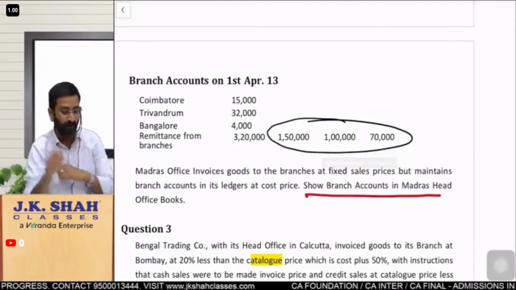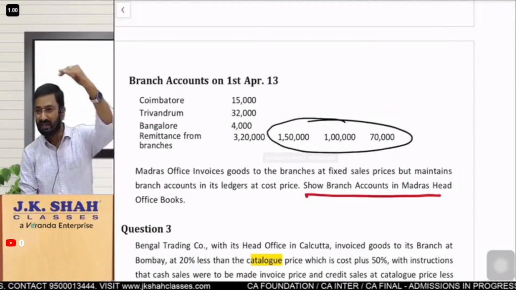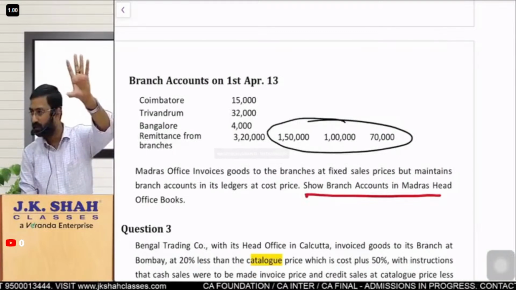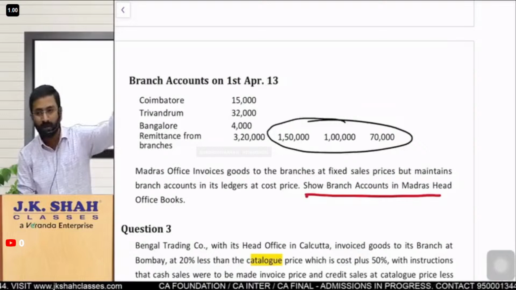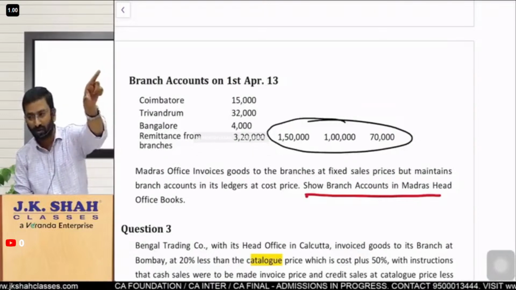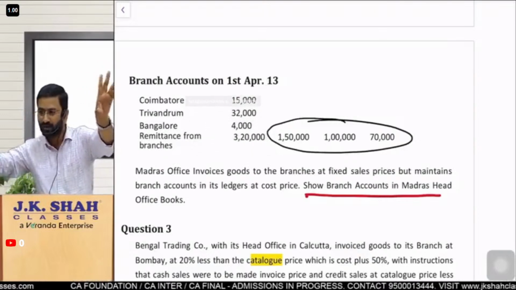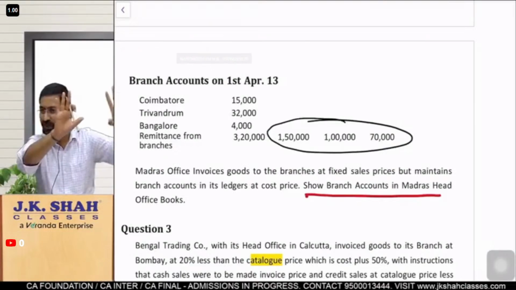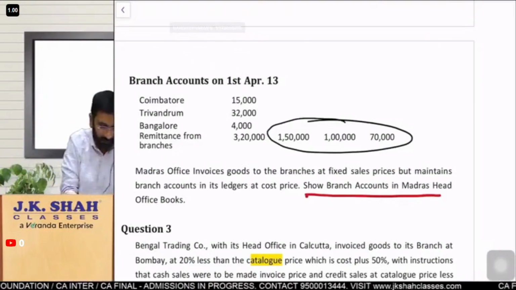Second observation. See, when you do single entry, you have to prepare trading account. In that trading account, opening stock should be at cost. Closing stock also should be at cost. Purchase also should be at cost. Everything should be at cost. But see here,